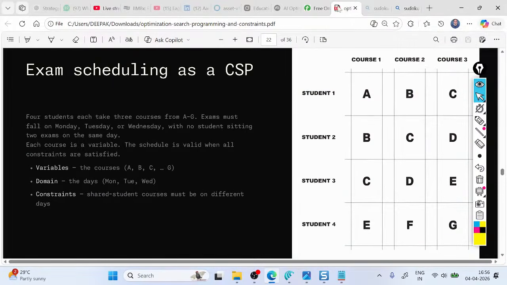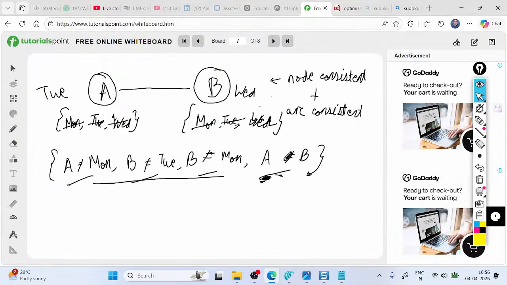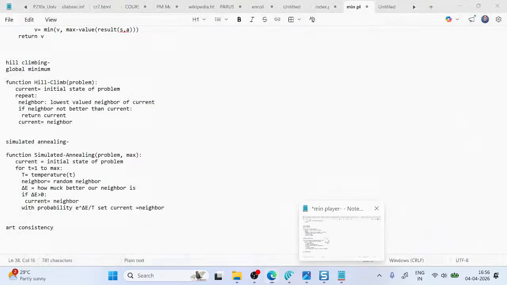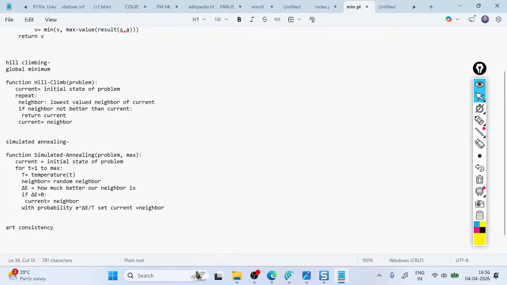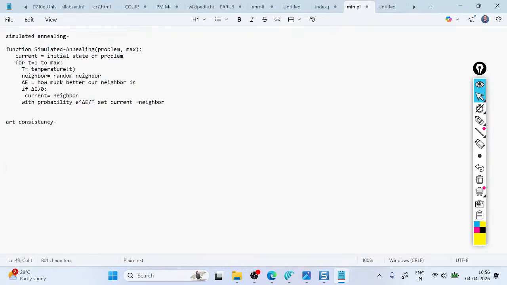Now everything we have seen. Yeah. Now let us get into the code. The code looks like this. It is arc consistency wise, not art consistency. So